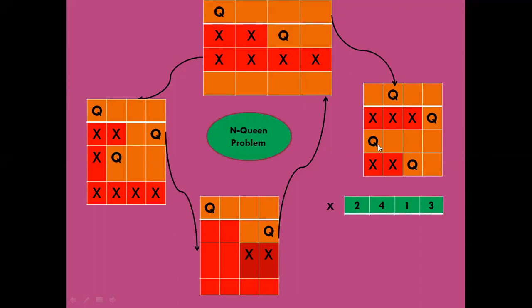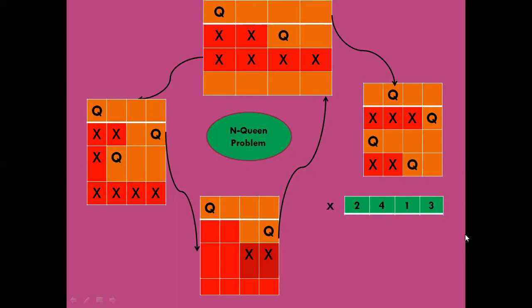Yes. Okay. Now, since you've placed all three queens, you need to place the fourth queen. Can you place it here? No. Can you place it here? No, because of the diagonal and the column. Can you place it here? Yes. So all the four queens are placed without them attacking each other. So this is what the output will look like based on the algorithm which is shown in the previous slide. So your output will look like this.